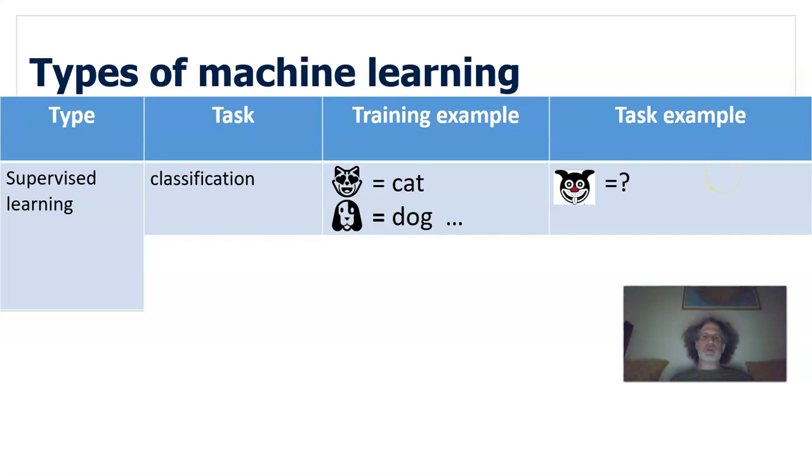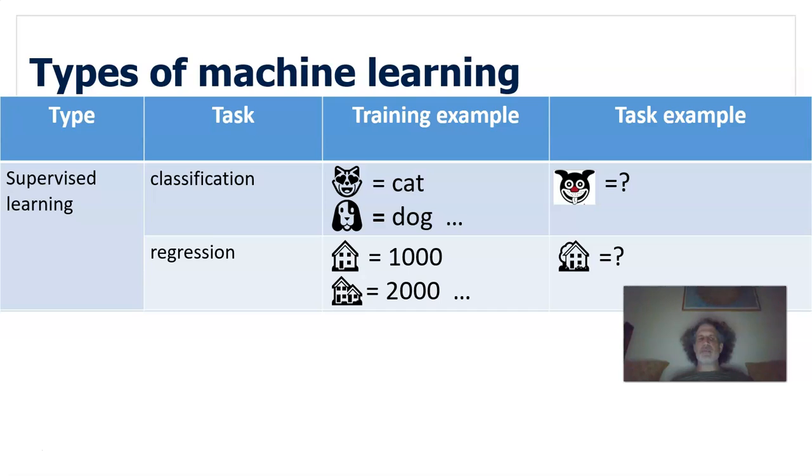And for this task, we can take, for example, from learning analytics, the classification of whether a student will succeed in the course or not, or succeed in a specific task or not. The second type of supervised learning is regression, and for regression we don't have just a categorical variable that we have to predict. We have a number that we have to predict, and this can be the price of a house, or it can be a final grade for a student.